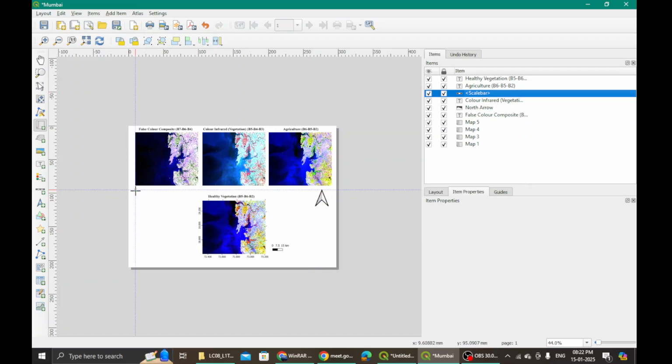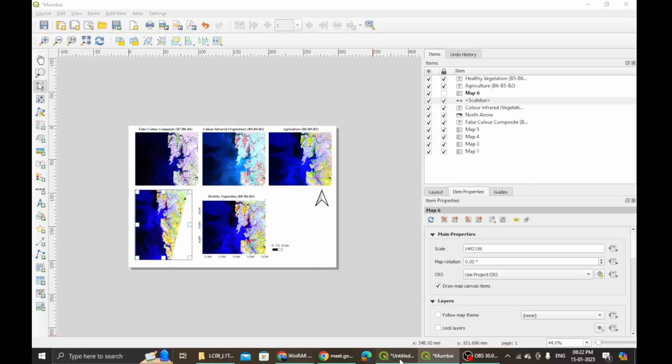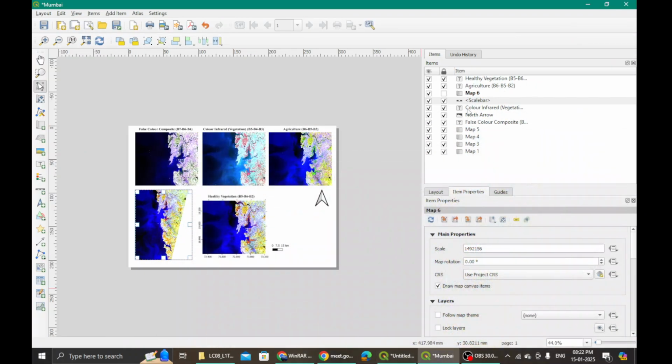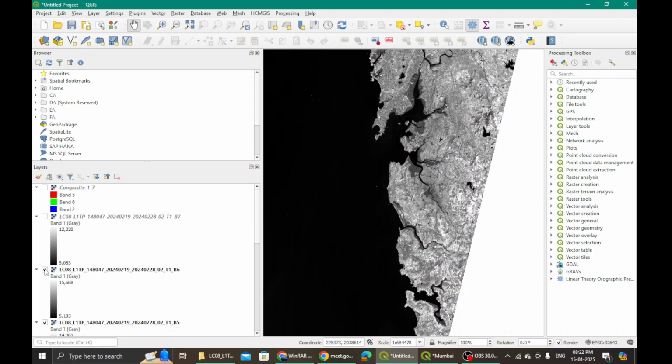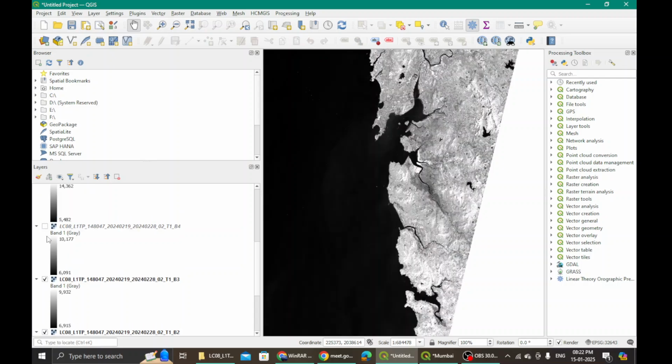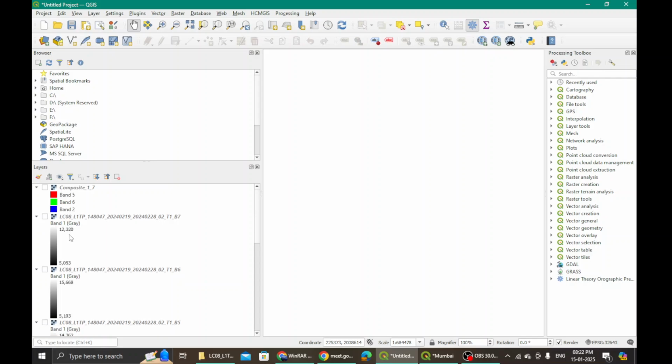So I say add map and I make a map. Okay, let me make a map. This is my map. I come here. Okay, everything else is locked. See, I have locked everything else. That is what I have done. I have locked everything else except this map 6, which I am going to change. I come here, I make all these things invisible. I don't want any of these layers to be seen in my map. So I'm making it invisible. Whatever you are doing regarding the previous maps, just stop there and come here.